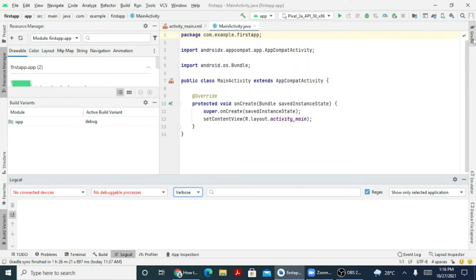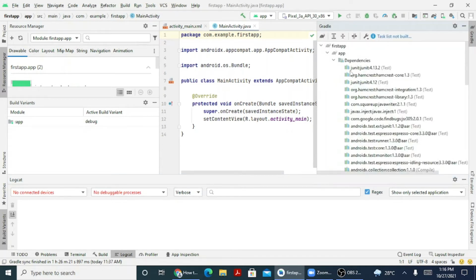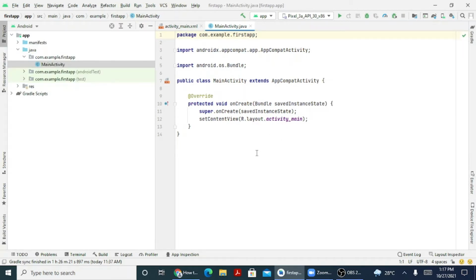On the right hand side, you have a Gradle where you will come to know the First App and all the dependencies that are needed for the Gradle being synced because we'll be requiring few things for the coding. We'll be requiring some resource files attached to it. So everything, the dependency which is there is already synced with the Gradle. And that's where your Gradle is updated and shown. These are the dependencies. This is the main thing that we will be requiring.